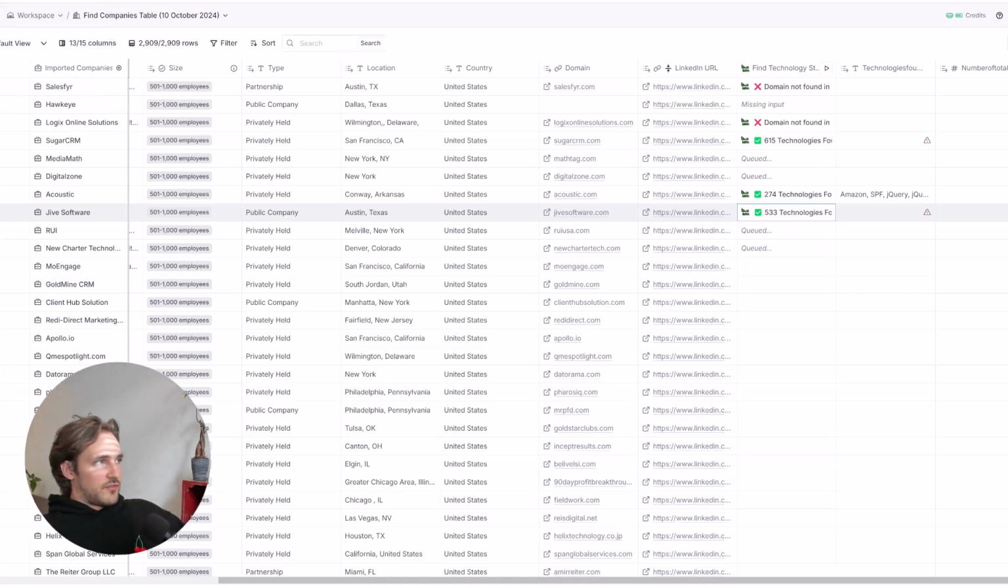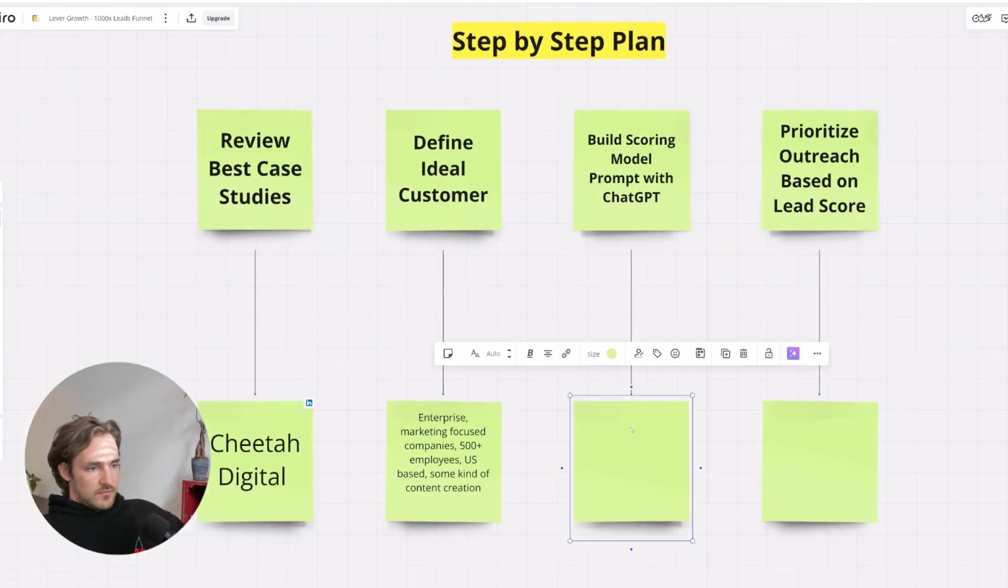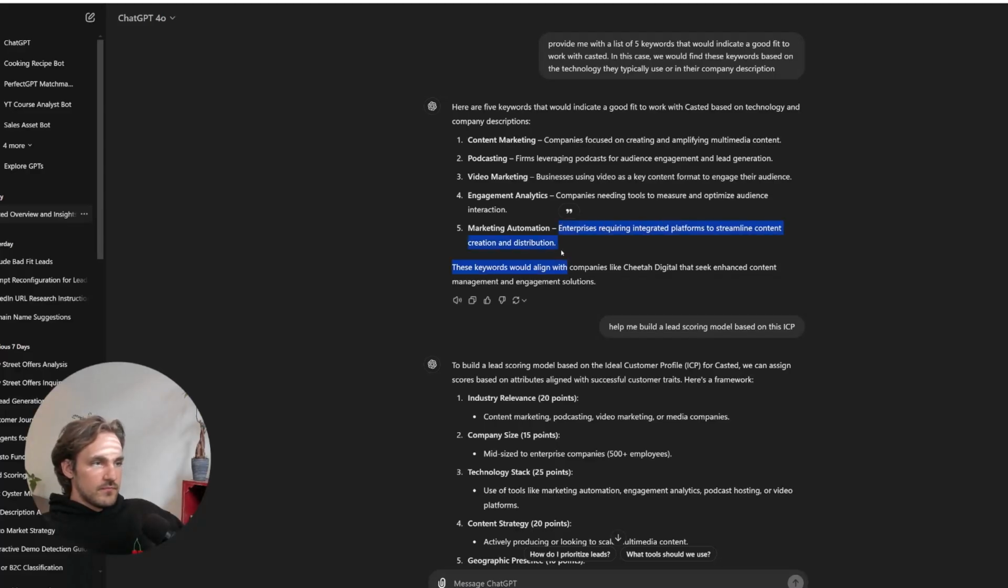Now technology is going to be our first score. So our algorithm will include one, HubSpot exists, and then the next one, let's see what we got here. Okay, so if they have something related to content,